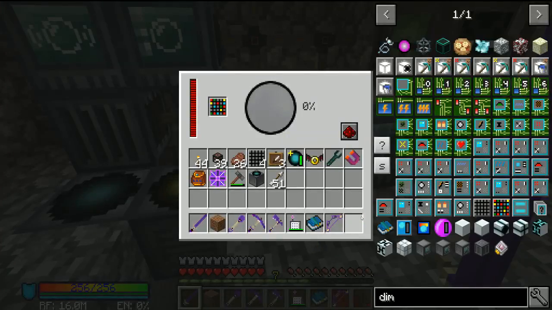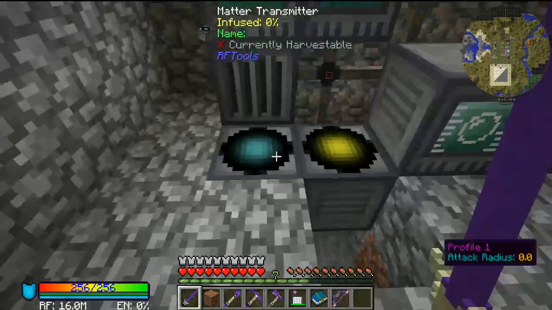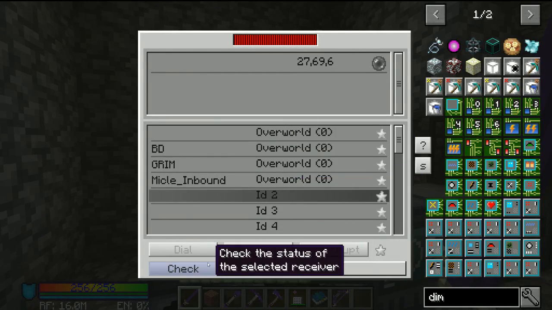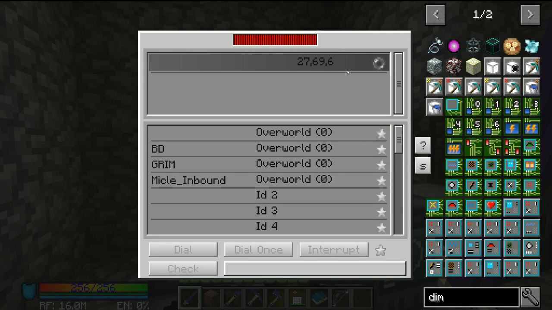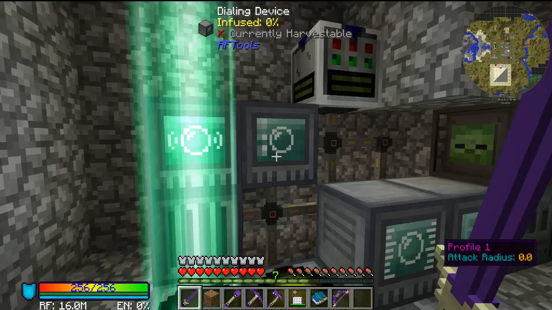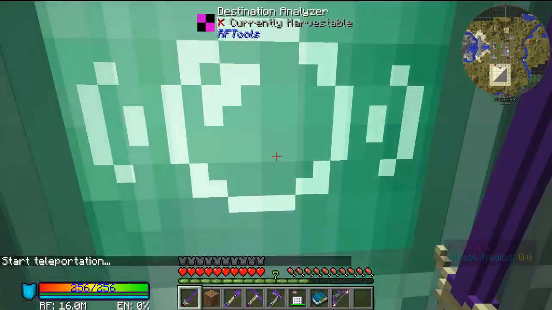We'll throw it in here. No problems there. Let's grab ID2. Dialing's okay. Here to there. Dialer up. And then again, it's not like we can't just fly somewhere, so...